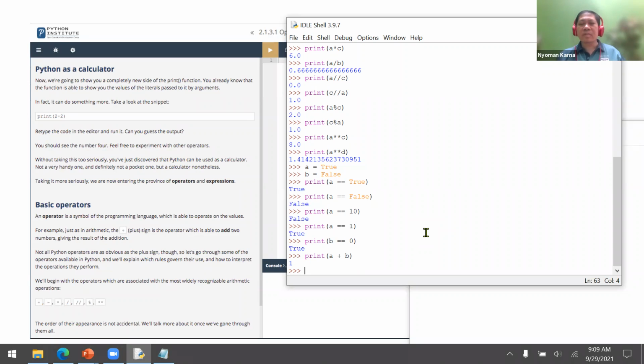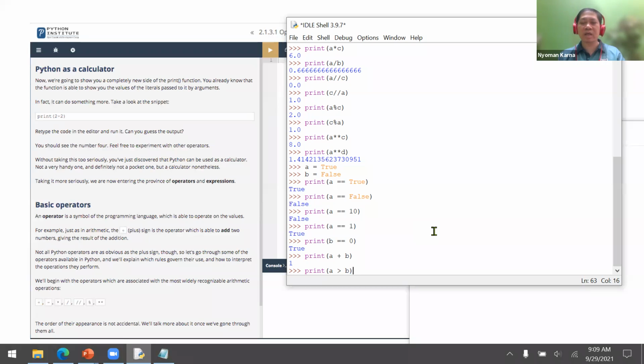Now, because true and false have an equivalent value, true 1, false 0, we can try to use another operator for logic operation. For example, I can use print is A more than B, is true more than false, it will return true.